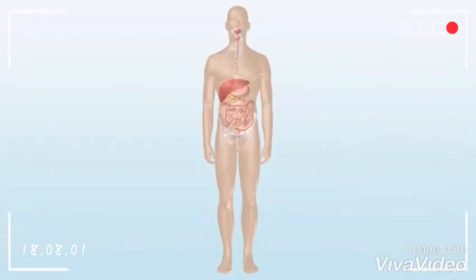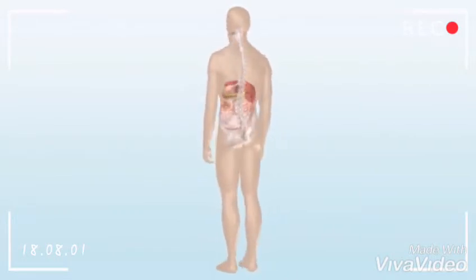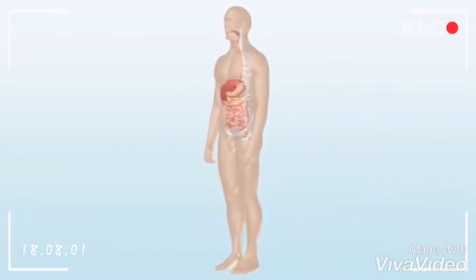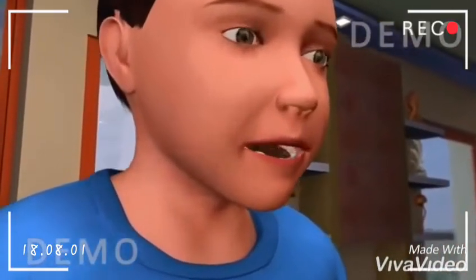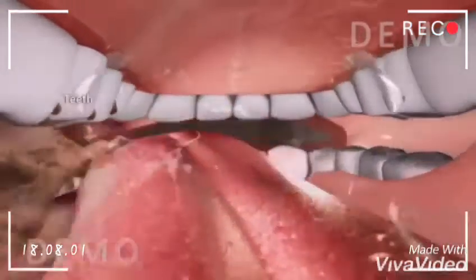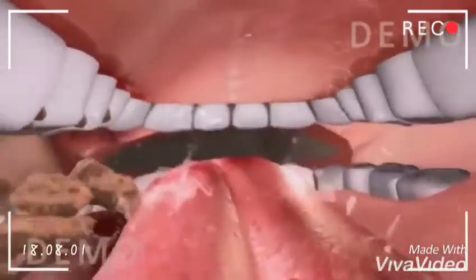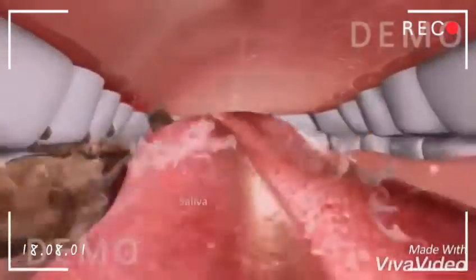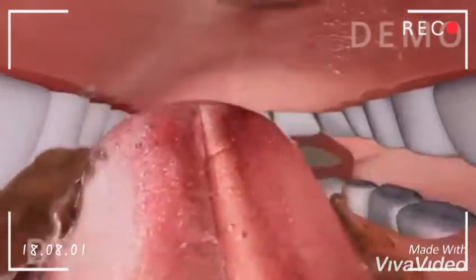Your digestive system consists of organs involved in breaking down the food you eat, absorbing nutrients, and eliminating waste products. The process of digestion begins inside the mouth by the process called ingestion. The teeth break down the food into smaller particles, the process called mastication, and it is then mixed with the saliva in the mouth to form a round mass called